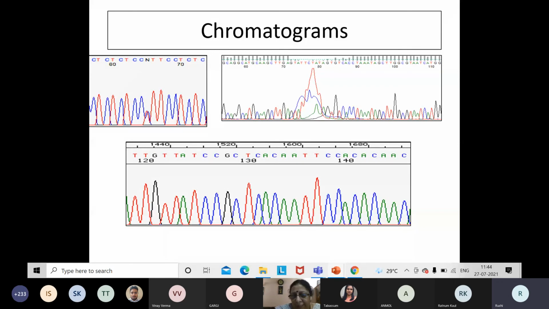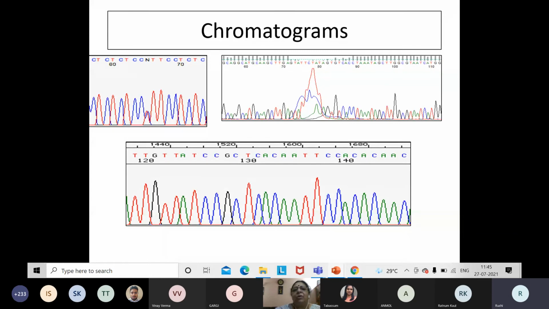These are examples of chromatograms obtained by Sanger sequencing. The bottom panel shows the ideal chromatogram of a DNA sequence. So if we are generating this sequence by our own lab experiments, we have done some amplicon generation and got the sequencing done. If I have got this kind of a panel, I am very happy that I have got very good data. But very often we do get results like this, which are bad chromatograms.